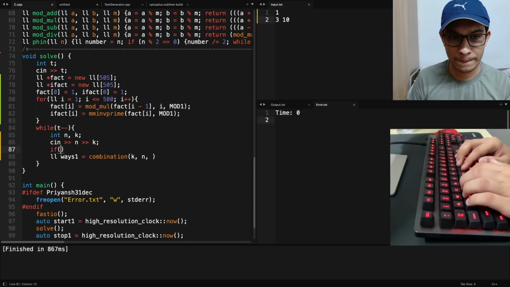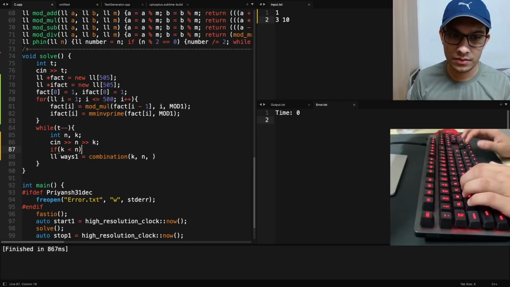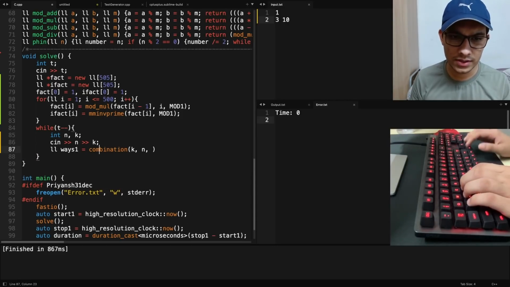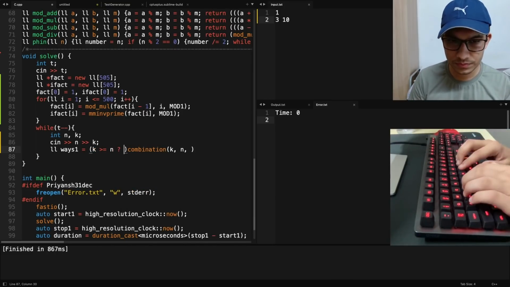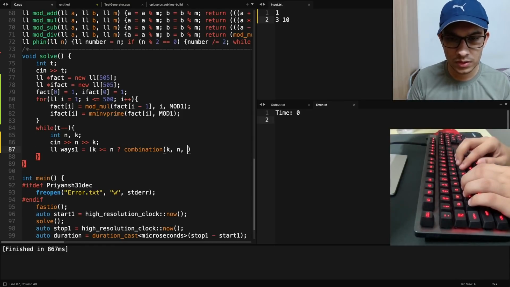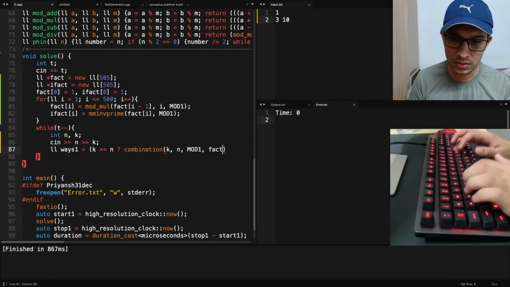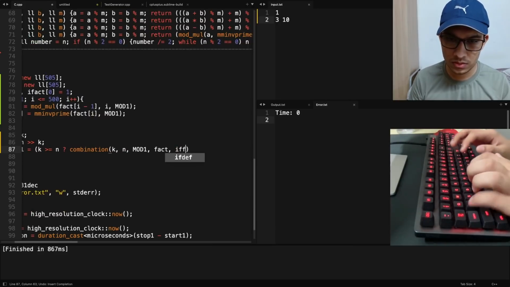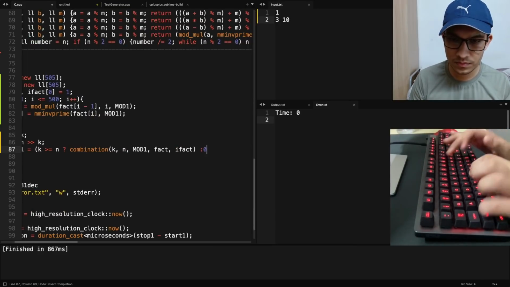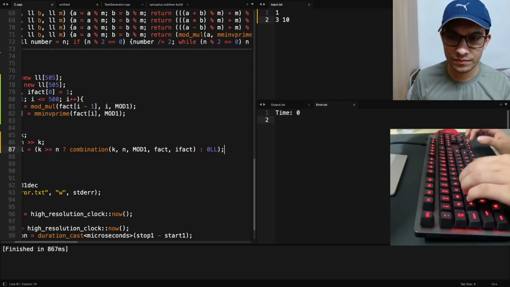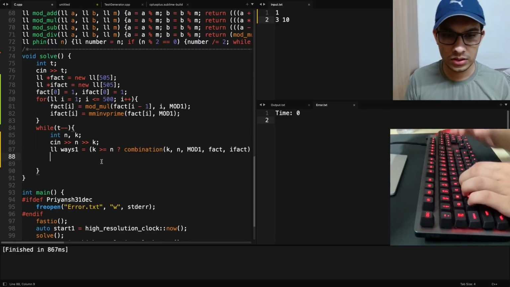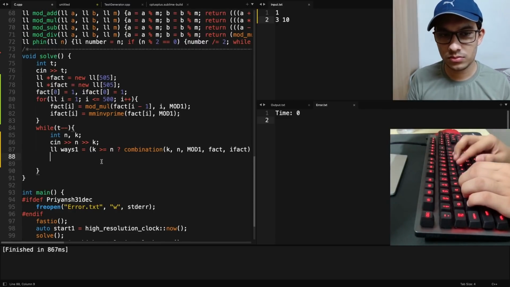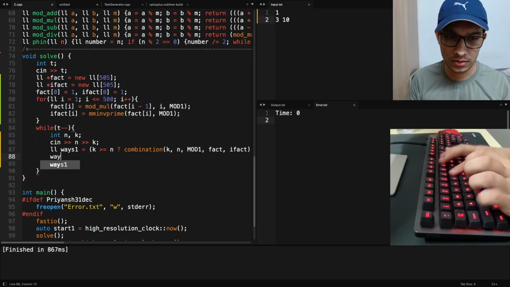So if k is less than n, okay, let's put it like this: k is greater than or equal to n. I have mod 1. These are the ways where no element is repeating. I am trying to find out that. So I will also have to find out all permutations here. So I'll be doing